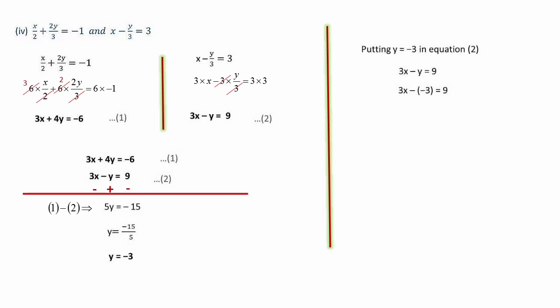That is 3x minus y, where y is minus 3, so minus 3 you have to put inside the bracket because outside there is a minus, equal to 9. Minus into minus will come as plus, so 3x plus 3 is equal to 9. Plus 3 will go to the right side and comes as minus 3. So 3x is equal to 9 minus 3 is 6, x is equal to 6 by 3, which is 2. We have got both the variable values, x is equal to 2 and y is equal to minus 3. So the solution is x is equal to 2, y is equal to minus 3.